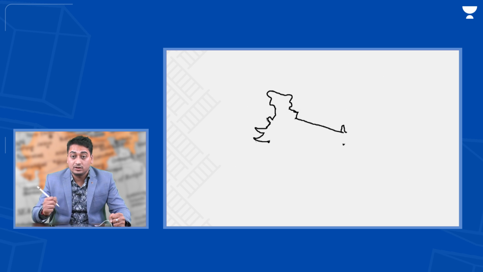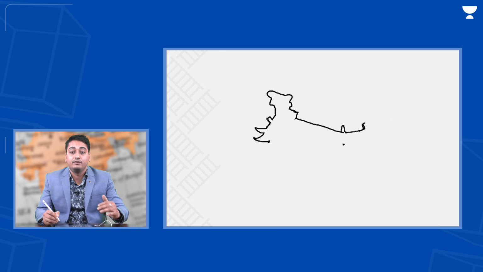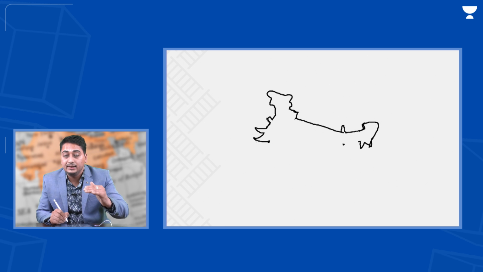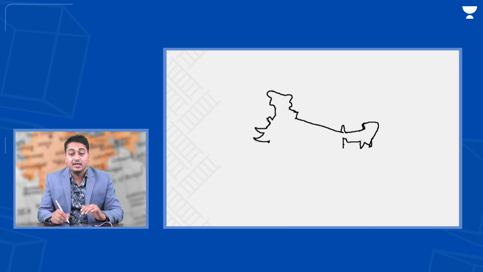Another part that is left is the northeast. For that, first we have to provide space for Bhutan. Bhutan is a small country, so we provide a space for it. Afterwards we make Arunachal Pradesh and then go downwards and make Tripura, Mizoram, and before closing we provide a space for Meghalaya. After that, we go like this, and that way the eastern edge of West Bengal is made. With this, North India is mostly done.